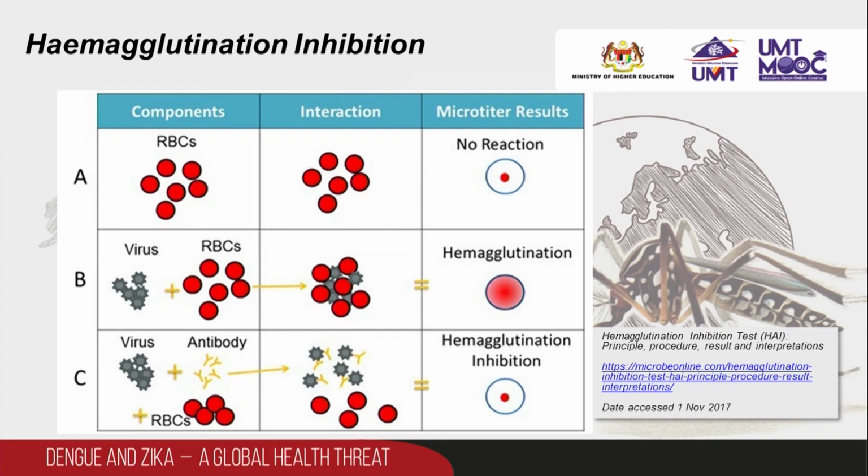Hemagglutination is the clumping together of red blood cells. Many viruses produce surface proteins called hemagglutinins that can bind to receptors on the membrane of red blood cells and cause the cells to clump. The specific antibody can be used to bind to components such as hemagglutinins that are uniquely associated with specific types of viruses.